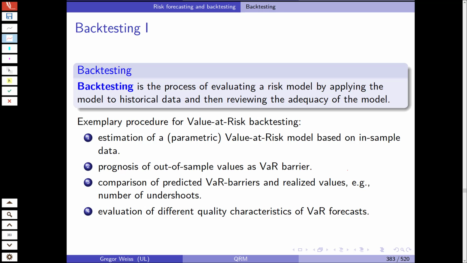You first estimate usually a parametric value at risk model based on in-sample data. You forecast out-of-sample values as a VaR barrier. Then you compare those predicted VaR barriers and the realized actual values, the number of, it's usually not called undershoots, it's the VaR exceedances,